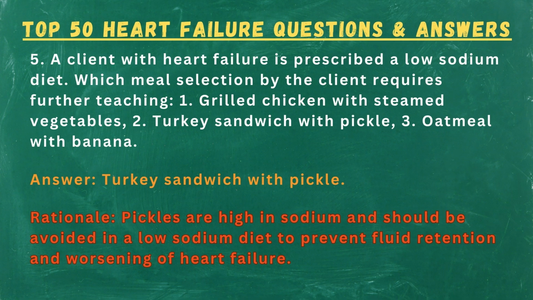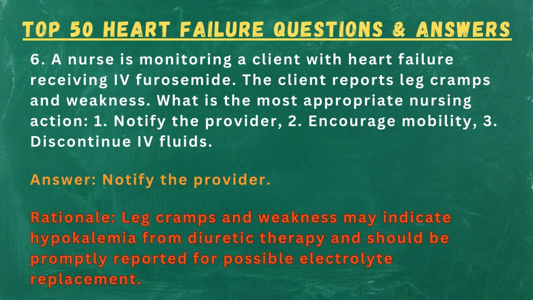of heart failure. 6. A nurse is monitoring a client with heart failure receiving furosemide. The client reports leg cramps and weakness. What is the most appropriate nursing action? 1. Notify the provider. 2. Encourage mobility. 3. Discontinue fluids. Answer: notify the provider. Rationale: leg cramps and weakness may indicate hypokalemia from diuretic therapy and should be promptly reported